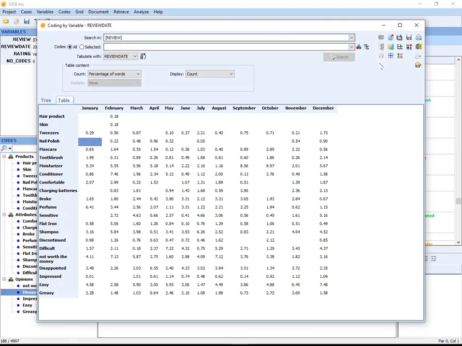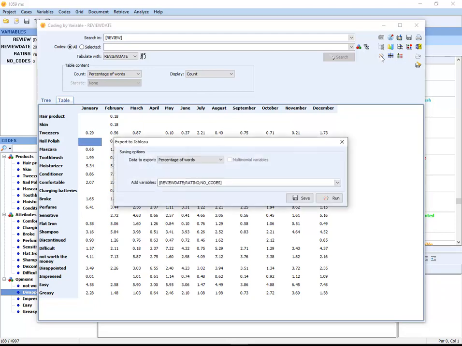Now we also have the ability to export to Tableau. Tableau is a kind of pivot tool that is very, very flexible and is used a lot in business to do visualization. If you click on this button, which you will find both here and under Analyze, Code Frequency, it will allow you to select what you want to export in terms of coding, and you can then add some variables. For example, I can specify that I want up to 5 variables,